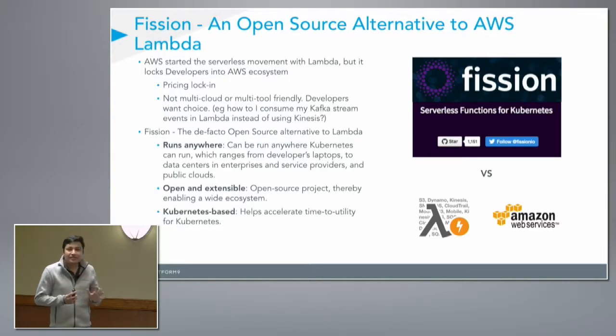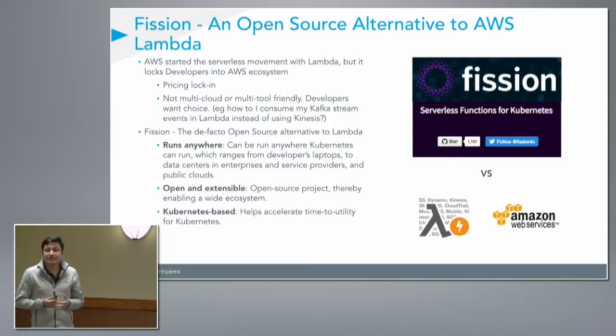Now, this is great as long as you're wedded to the AWS ecosystem, right? The disadvantage is that you have really no choice outside of that ecosystem. And that comes with its own pricing lock-in and any other ecosystem lock-ins, which echoes back to the earlier points that we made that our customers are looking for: one is an open public standard API and the avoidance of vendor lock-in. So while Fission brings some of the same advantages to developing functions as a service that Lambda does, it differs from it in three key aspects.